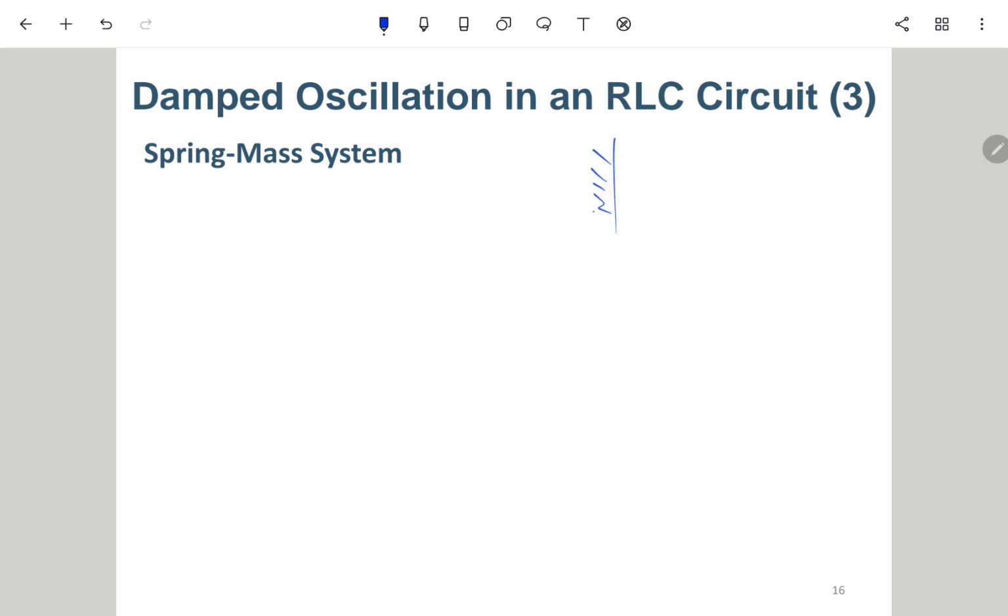Let's say we have a spring and a mass, but previously we only considered the spring to be ideal. Here we also consider there is some friction force. The friction force is like negative BV. We just model it to be proportional to the velocity,